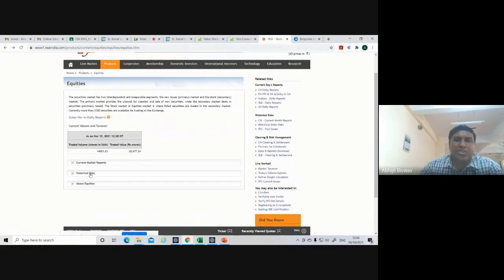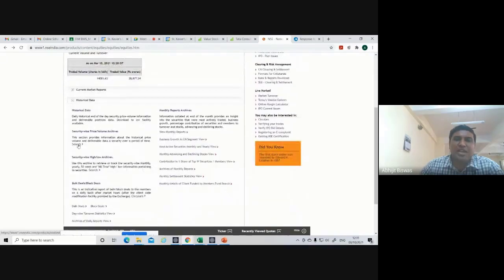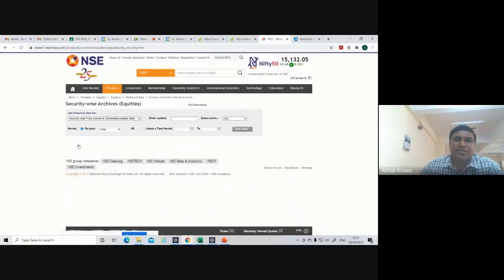There, go to Historical Data. Click on Historical Data, and go to Search. Now you have to enter the symbol of the stock. For Infosys, the symbol is INFY.